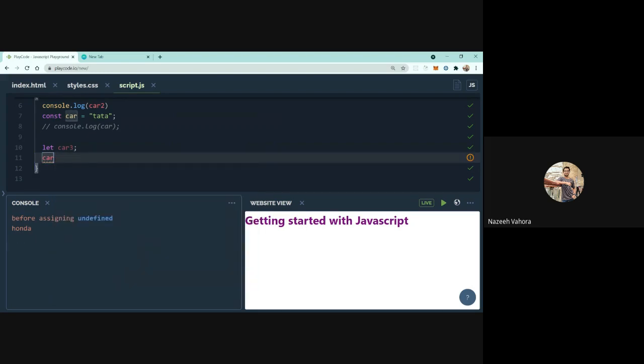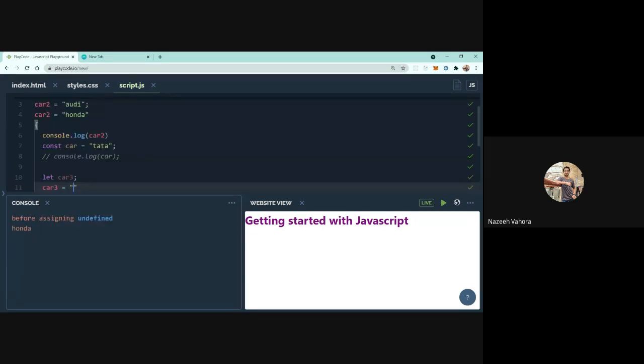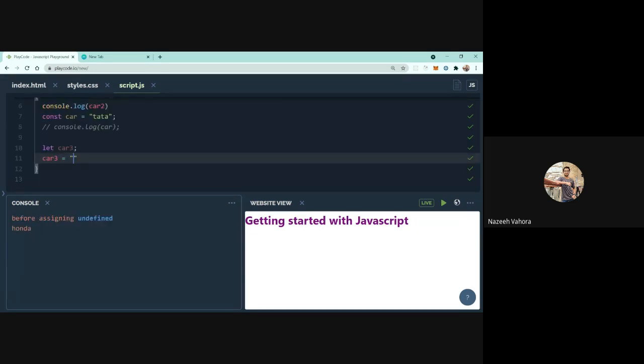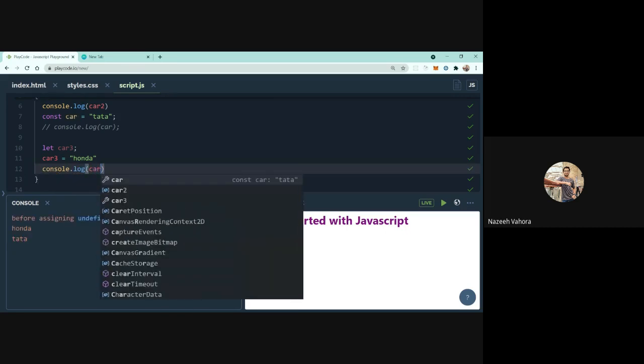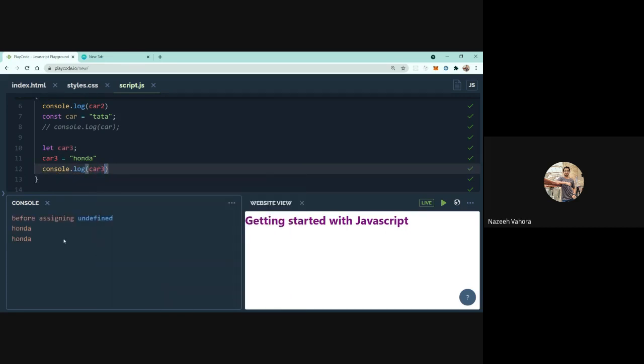Similar is the case with a var variable. Yeah, so we can assign it Honda, and we can easily see the value by logging it in the console. Yeah, so we are getting it.